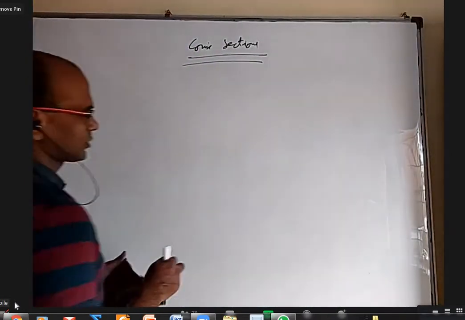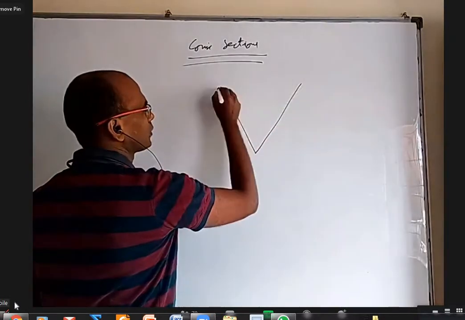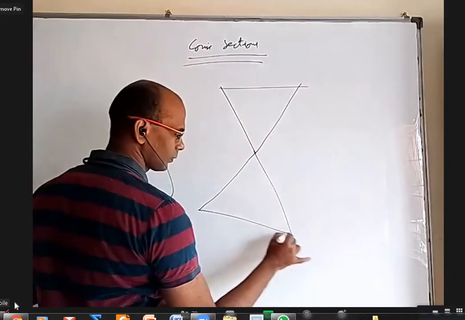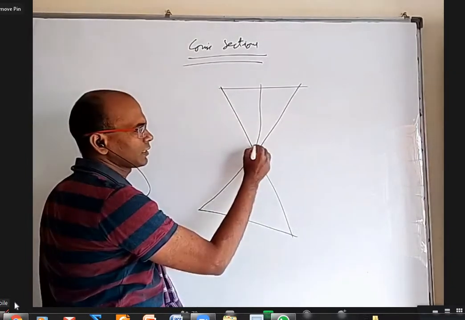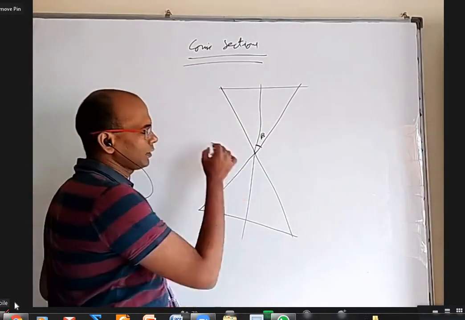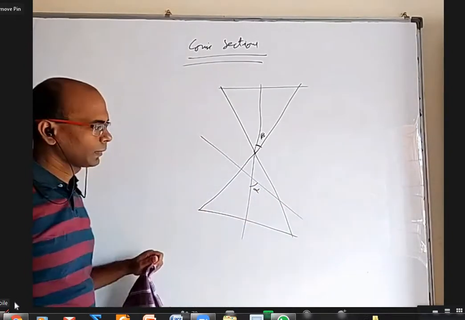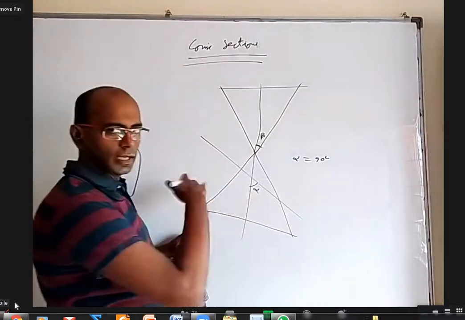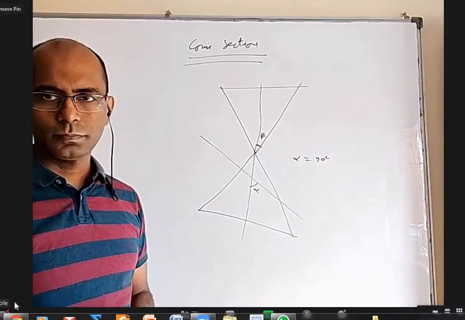Okay, so let me take two cones. One cone like this, another cone like this. Now this angle is, let us say, beta. And what I'm cutting with the plane, that is at alpha. If alpha is 90 degrees, like this, then when you cut it and see what you get, a circle, right?